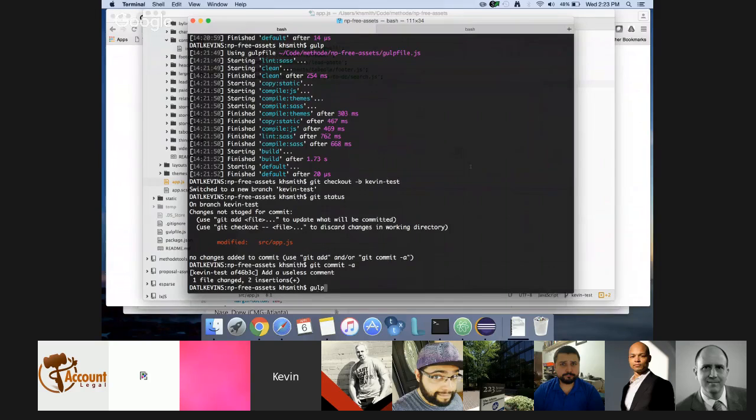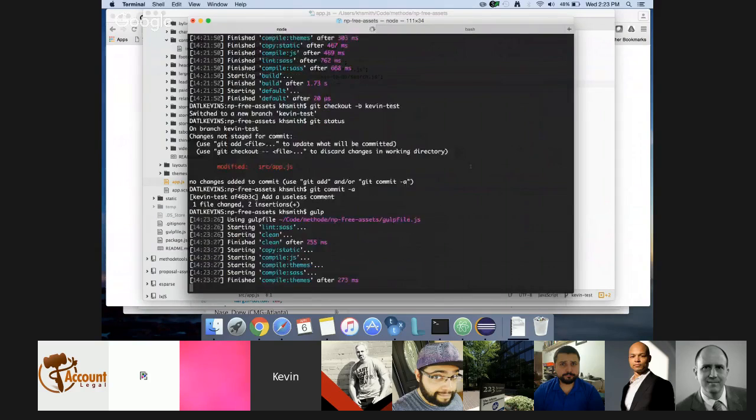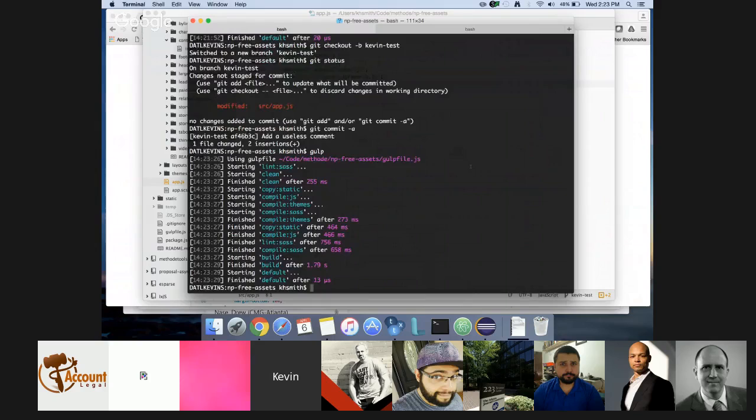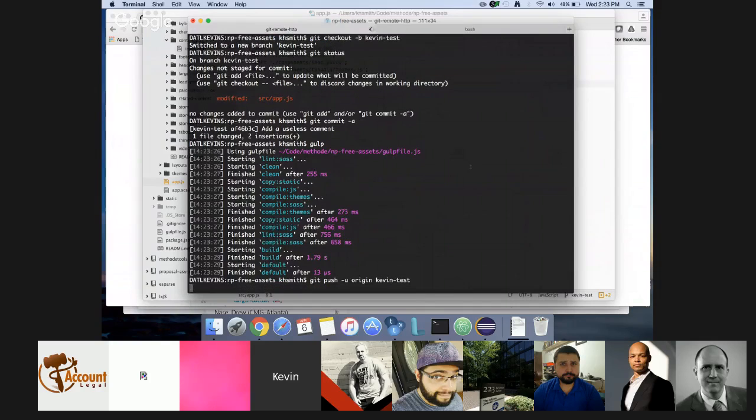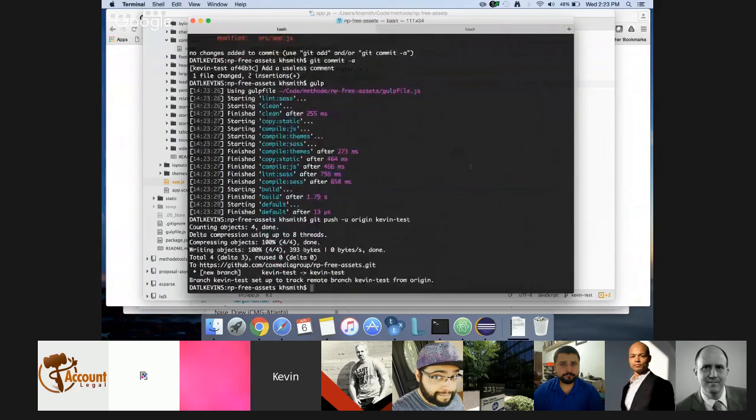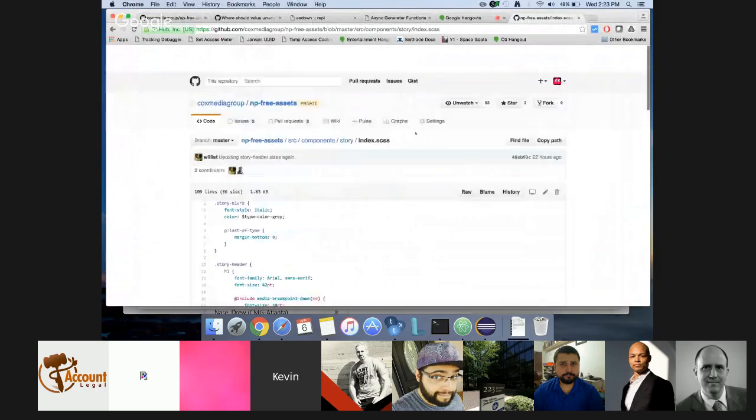So I'm going to do a gulp build just to make sure that I don't have any compile errors or lint errors. And then now I want to create a pull request. So I'm going to send this branch up to GitHub. So git push -u origin Kevin test. Okay, so now that should be up on GitHub. So if I go to GitHub now,